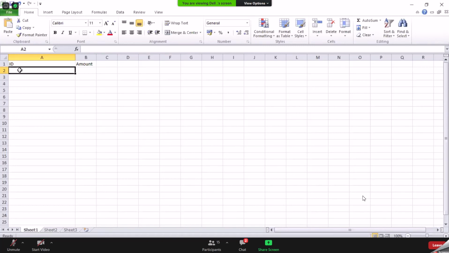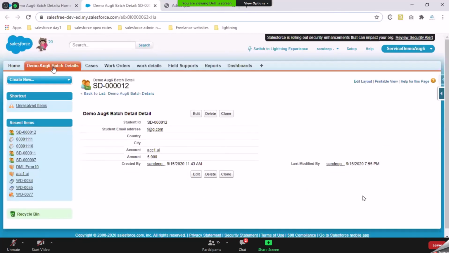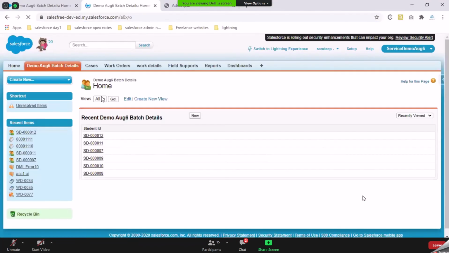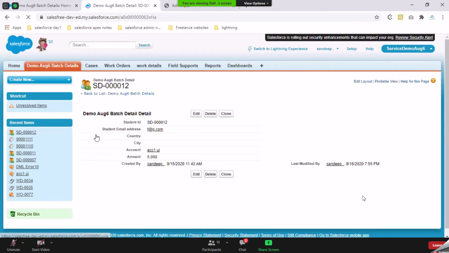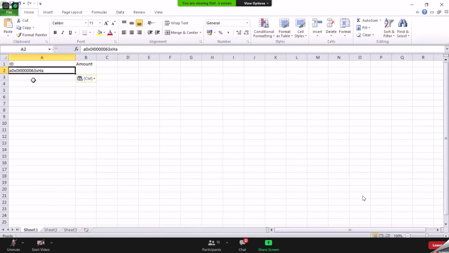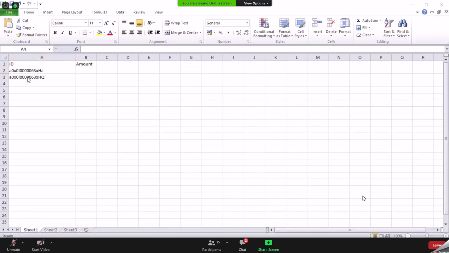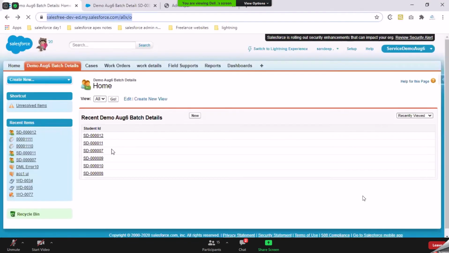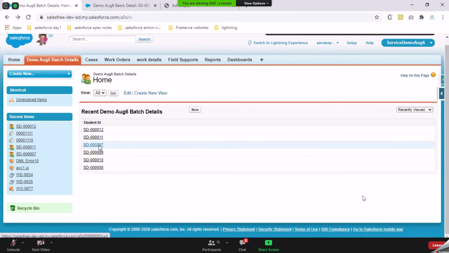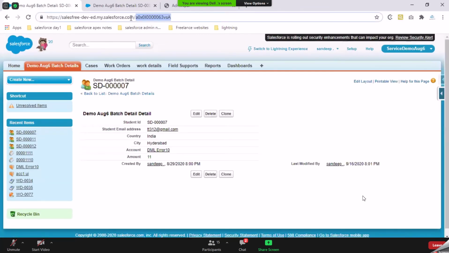Now, how to identify the records that we have in the system is by using your ID column. So how can I get my IDs for the records? I can copy paste these IDs and start noting them down. As a part of this exercise, if you want to collect all the records that you want to update, I'll be collecting all the IDs for individual records. So I'll open them, copy this ID,